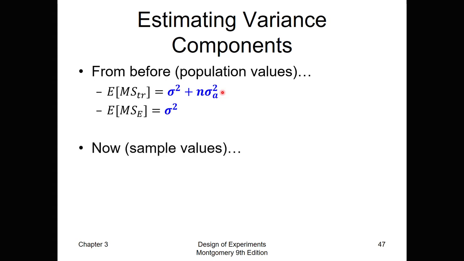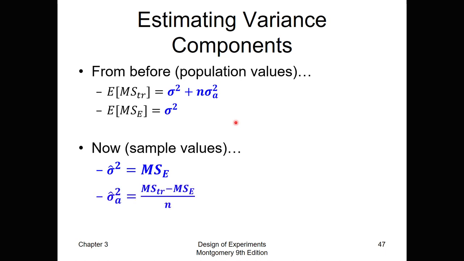Now for the sample values, or the estimated values from data, these are going to be pretty similar actually. The estimated value of the variance of the error is just the MSE. So we use the MSE as a point estimator, and because the expected value of the MSE is sigma squared, this is an unbiased estimator. Recall that the hat over a Greek letter says this is the estimated value from the sample. Sometimes we also use S squared equals MSE,